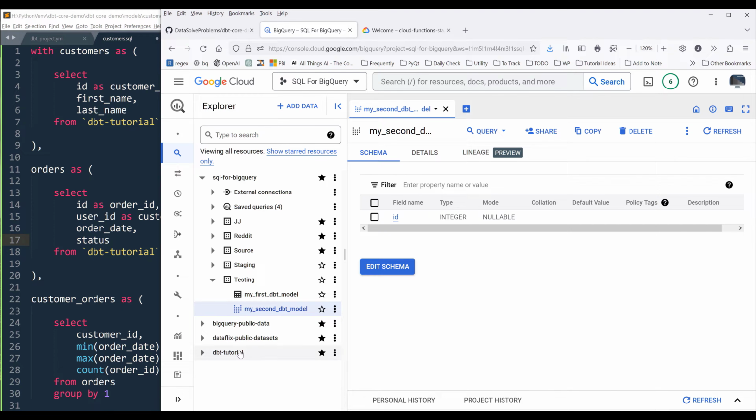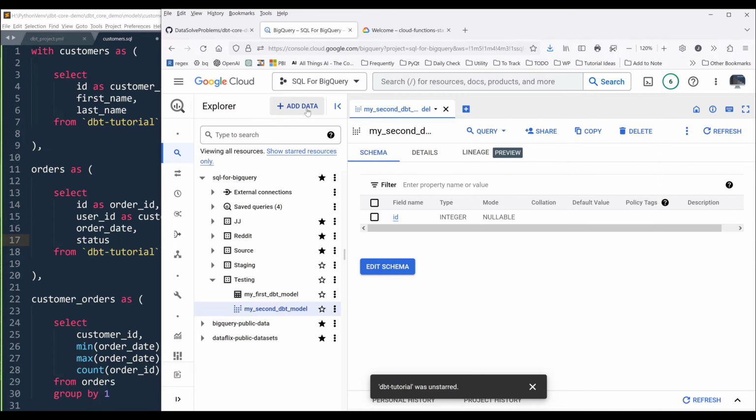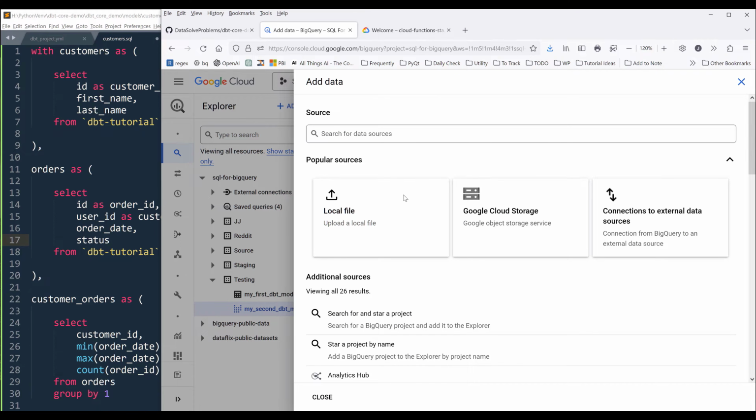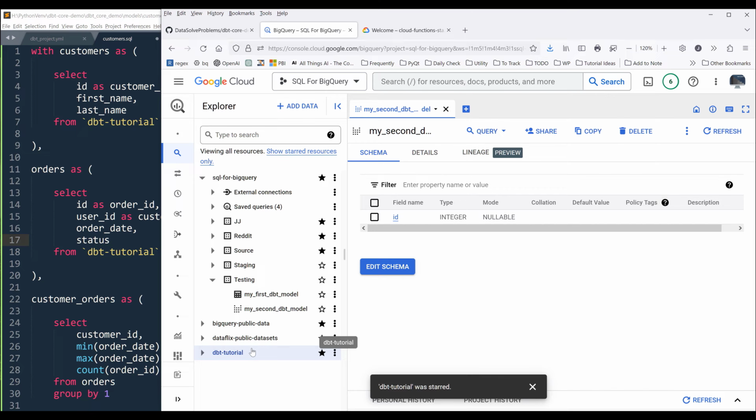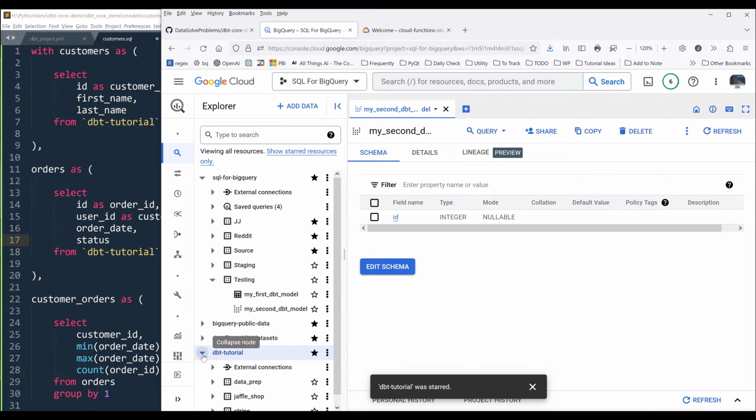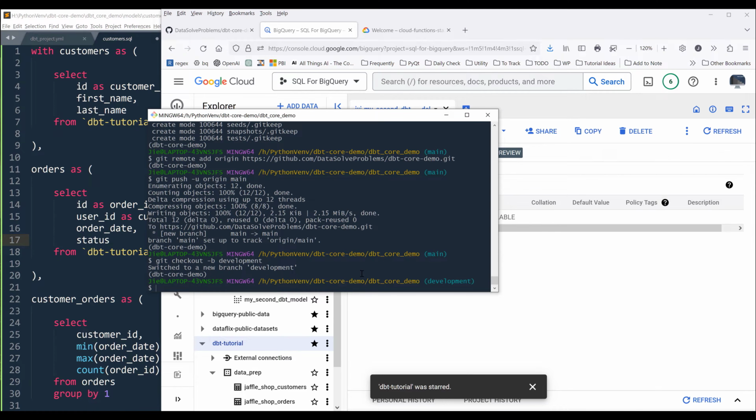So here let me remove this dbt tutorial project. Now to add the dbt tutorial project to your list, you want to first of all click on this add data. Now here I want to click on start a project by name. Alright, so here I'm going to type dbt-tutorial and start. And I add the dbt tutorial project to my BigQuery project list. And I can expand this project, and that displays all the data sets and tables that belong to this dbt tutorial project. Now going back to the terminal,